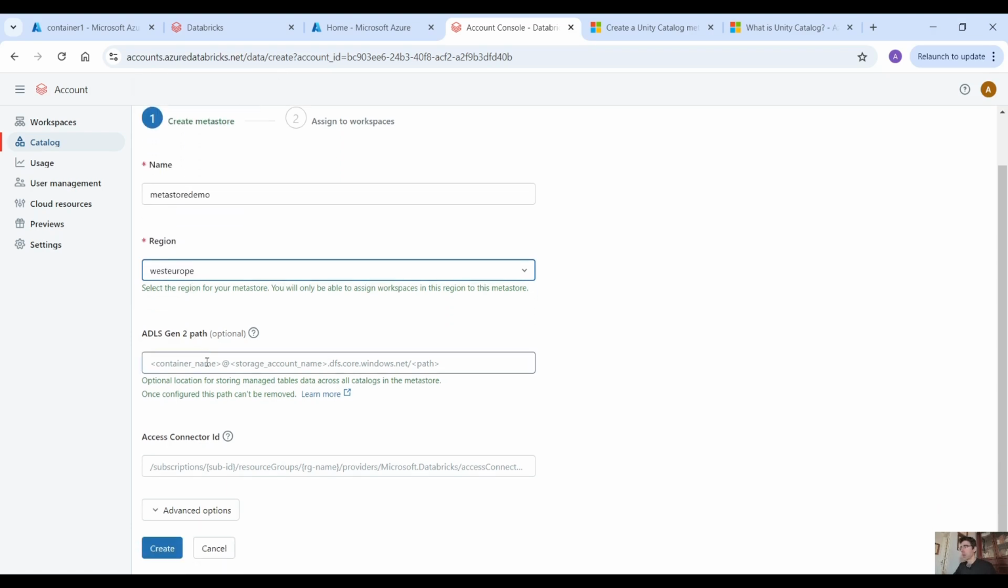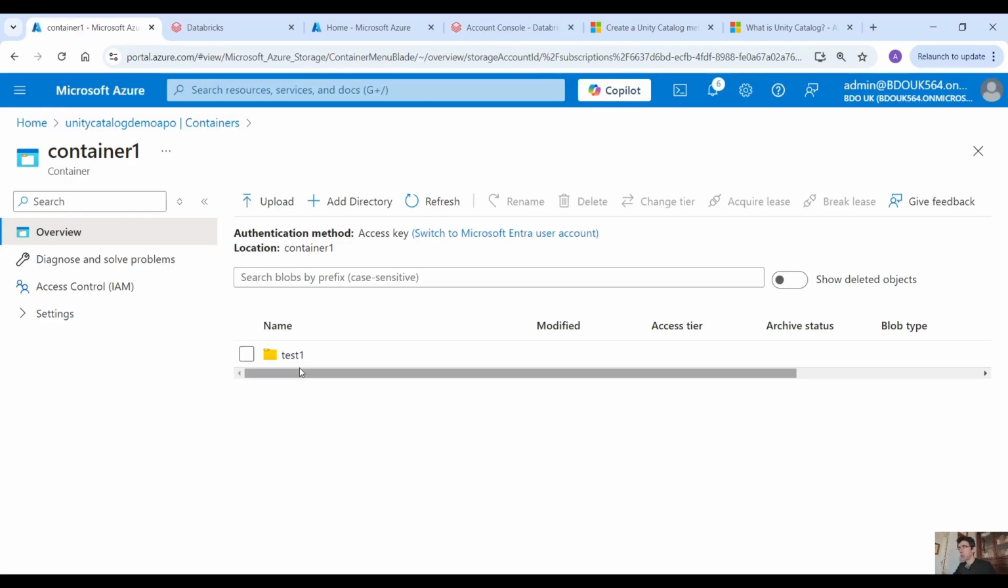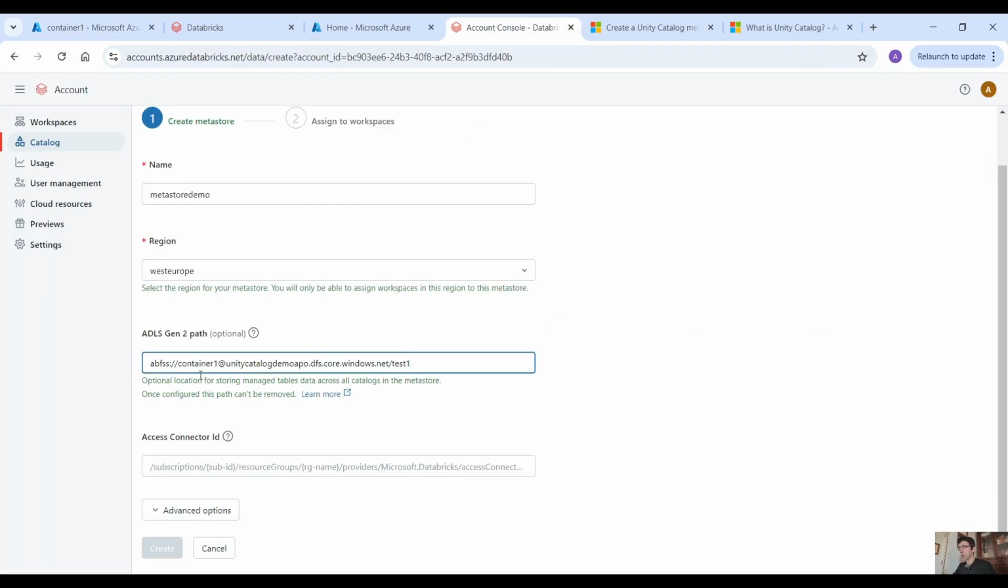And then here, this is optional, but I think it's good practice to provide a storage account path, right? You have the container name, the storage account name, and the path for the directory. Now I have already done this, so let me copy that. I think the directory that we created was called test1, right? So here the full path, container 1, Unity Catalog Demo Apple, and then .dfs.core.windows.net and then the path,